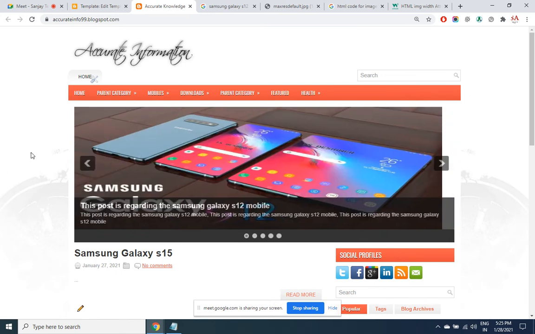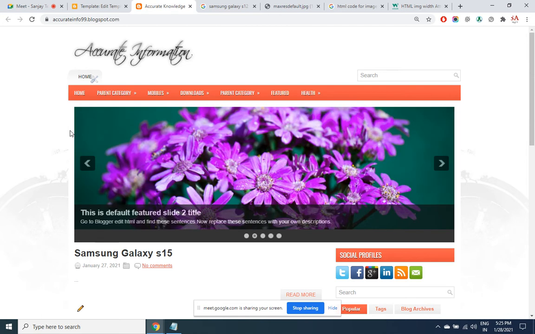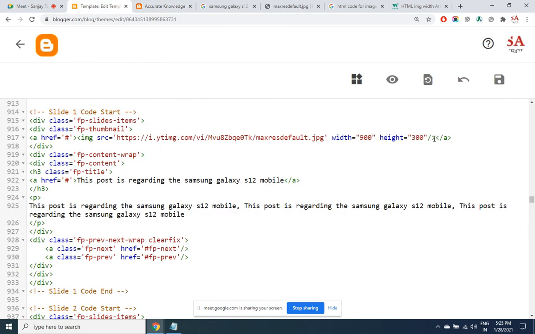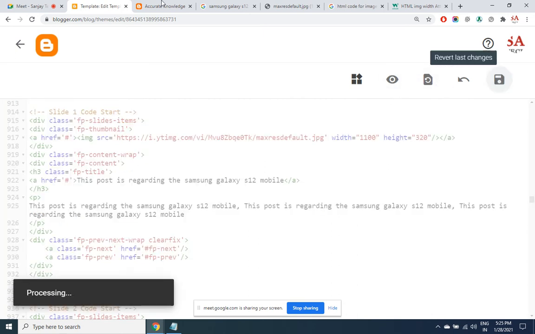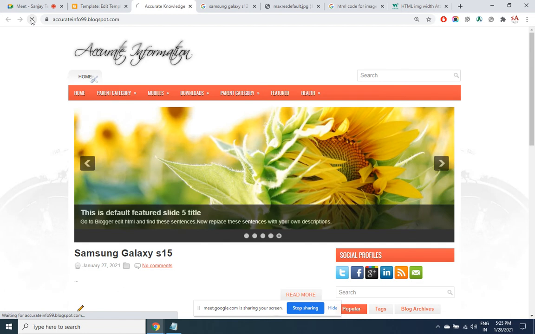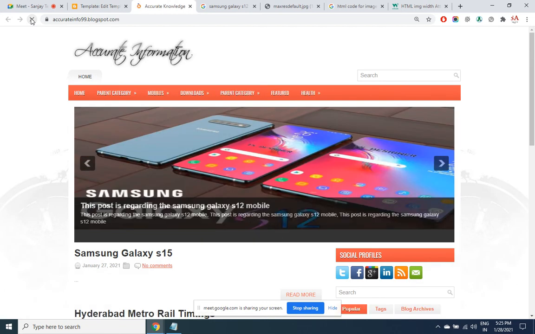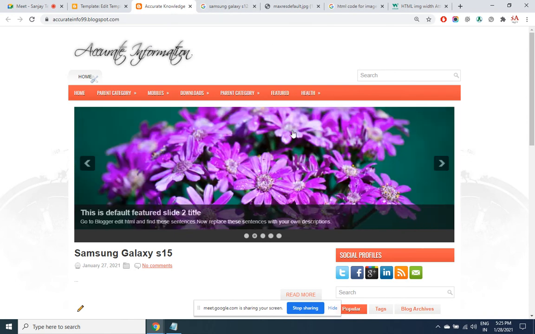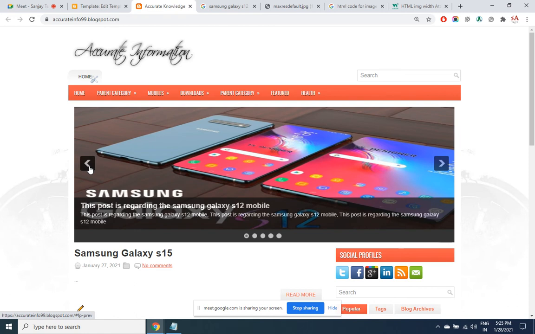The gap on the right side is little bigger than the left side. So what I'll do, 320 width, I'll make it as 1100. The image is still incomplete, so maybe you'll have to shrink it further, but this is a way that you can set the images. Same way you can do it for each of this slide.